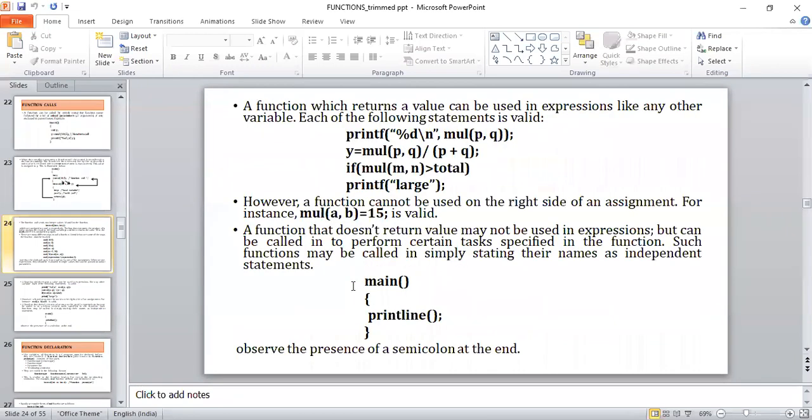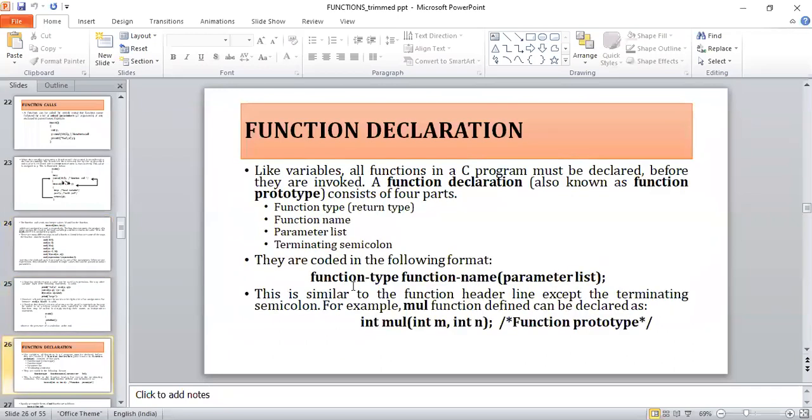Next, we also saw the importance of function declaration. Like any ordinary variable, all the functions in C programs have to be declared before they are invoked. A function declaration basically contains 4 important parts: the function type, the function name, the parameter list, and the semicolon.